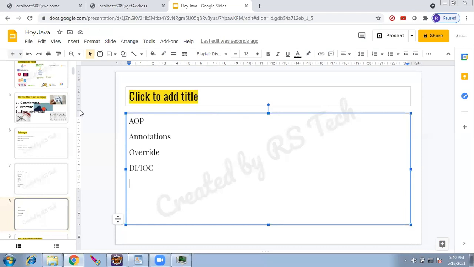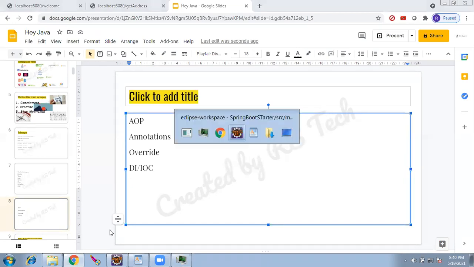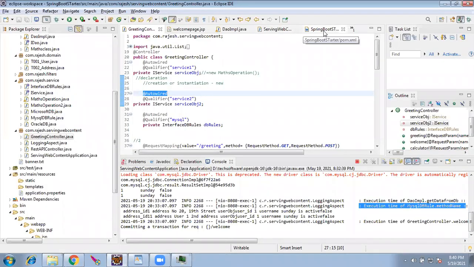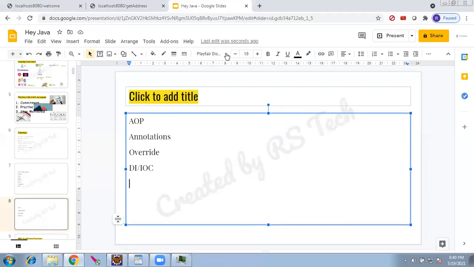Yeah, next, Rakesh. So next after DI and IOC, before going into the database, did we see anything else? Yes, we saw a very important implementation of interfaces. Why do we need an interface? Why does Java have an interface?